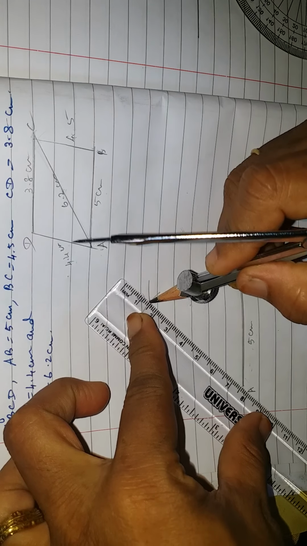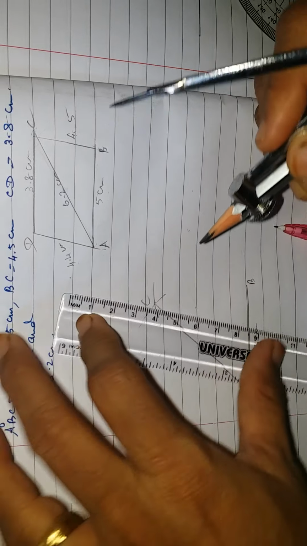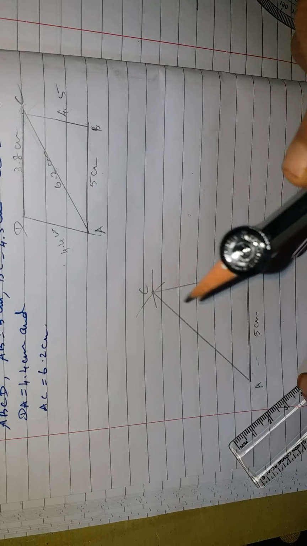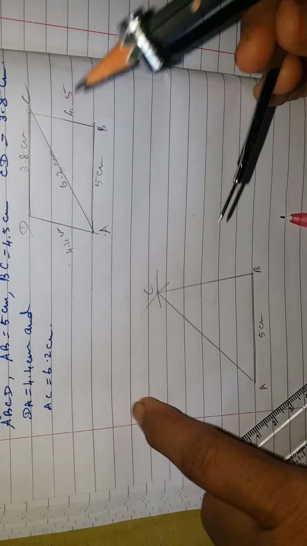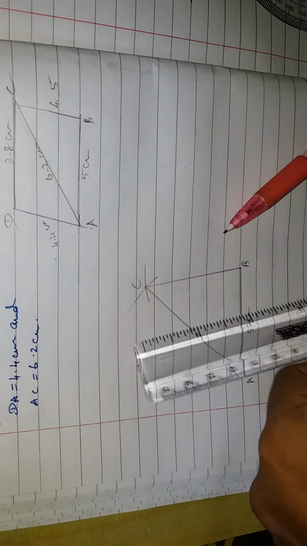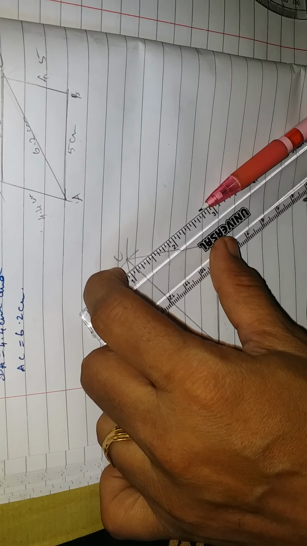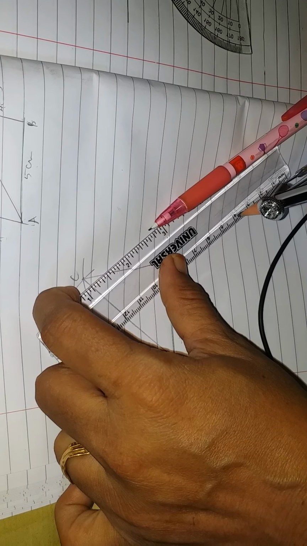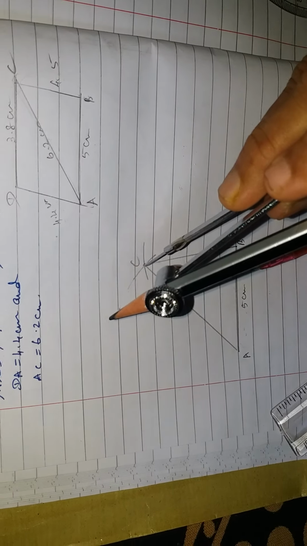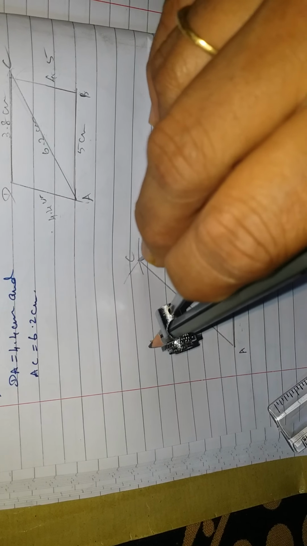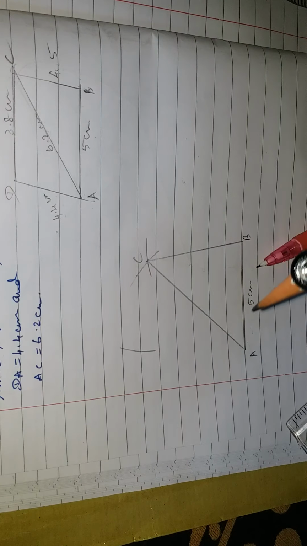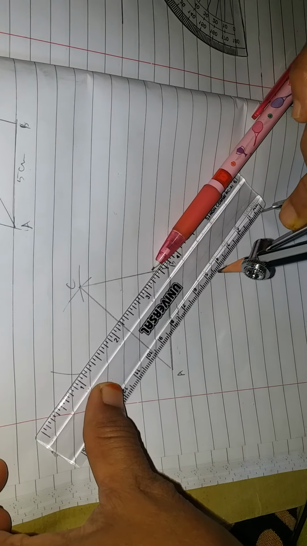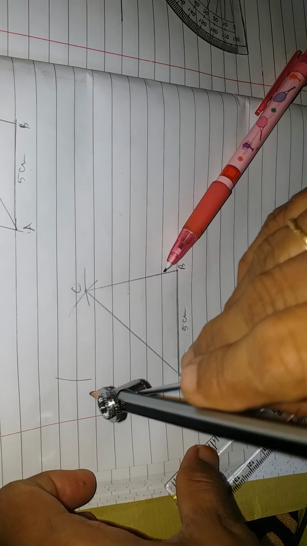Exactly, you keep and you draw and join this AC and you join BC also. So you are joining BC. Next, from here you have to draw for 3.8 one arc, from here 4.4. So from C you have to draw 3.8, means take your compass and measure for 3.8. From here you have to draw 3.8. So keep at your point of intersection, that is your C, and draw one arc. Next, from here you have to draw 4.4. So take your compass and measure for 4.4 from here and you cut the previous arc.